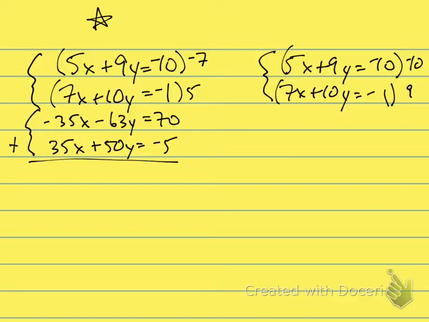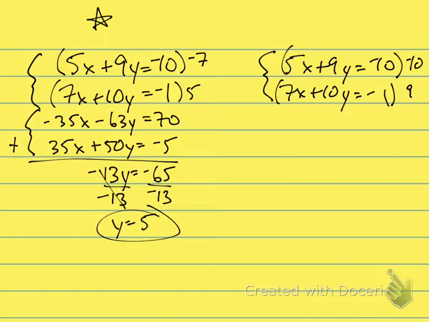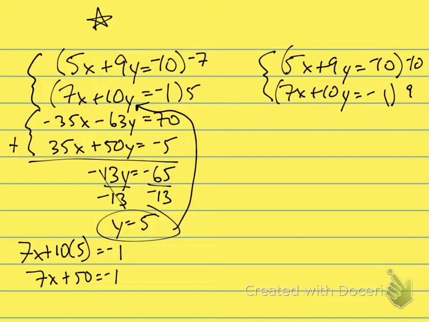But these ones have the same number of x's, which will give me negative 13y equals negative 65, which means that y equals 5. Once I know y equals 5, I can put this into anything I want. I'm going to choose right there. 7x plus 10 times y equals negative 1. So if 7x plus 50 is negative 1,